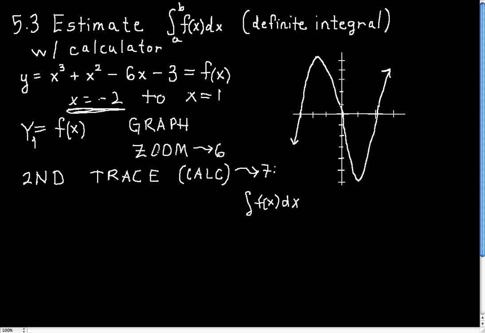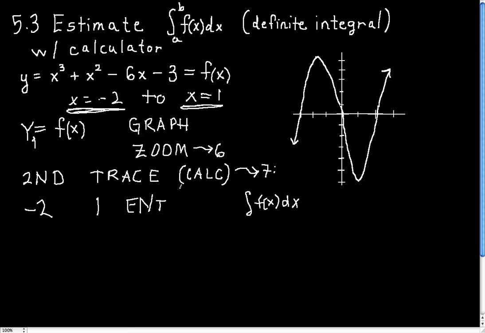So you have the option to just trace along the graph using the arrow keys to do this, but the precise way is to just enter -2. So then you enter your lower limit, which is -2, and then push enter. And then it'll ask you for the upper limit, which is the right-hand limit of the definite integral you're looking for. So if you enter 1 and then enter,